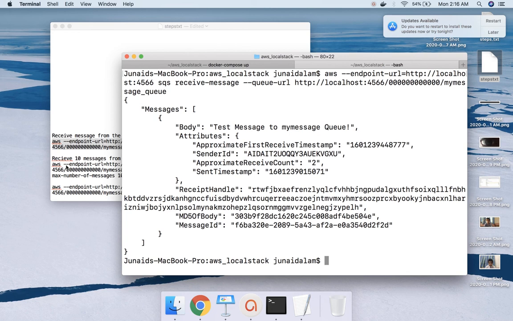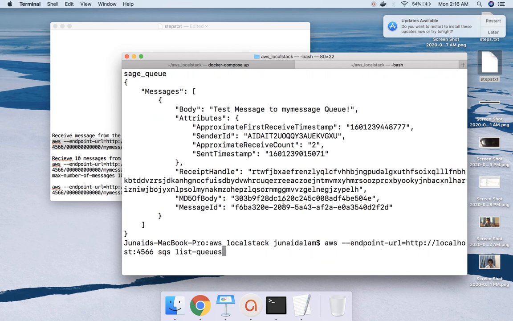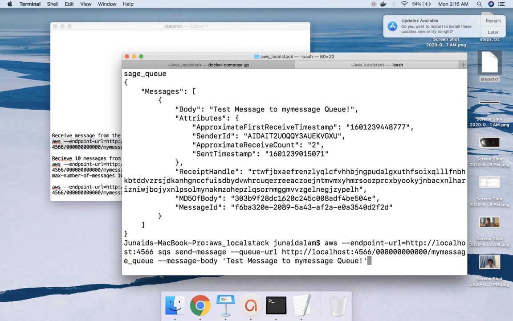And if multiple messages have been sent to the queue, say for example, let me rerun the send message command. Now let me send another message.